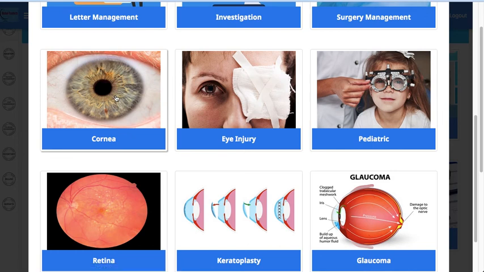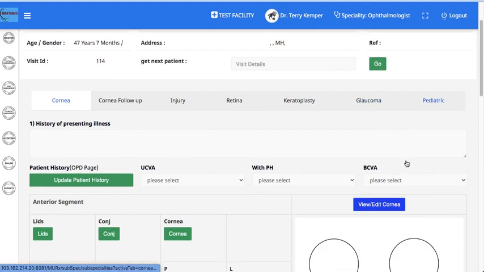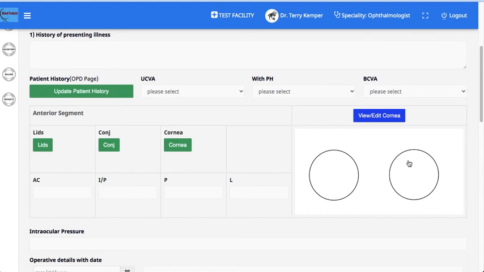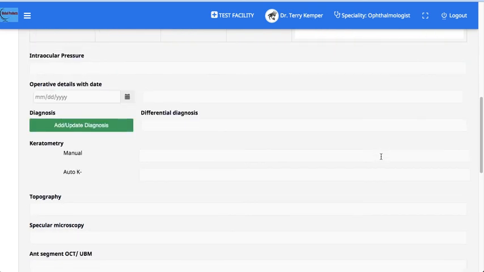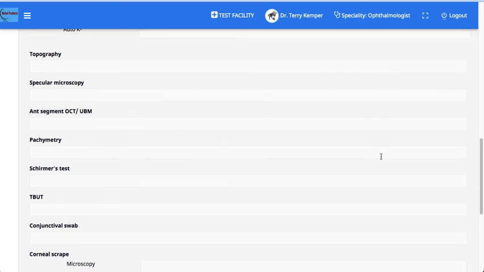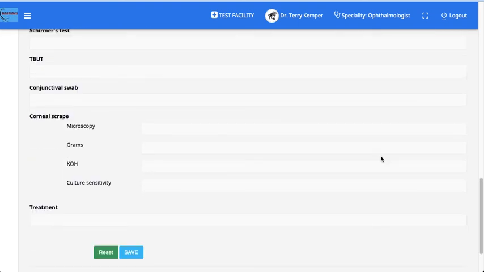So we click on cornea. One can record history of presenting illness. This image can be edited using the image editor, intraocular pressure, operative details, the differential diagnosis, topography, pachymetry information, conjunctival swab, corneal scrape.